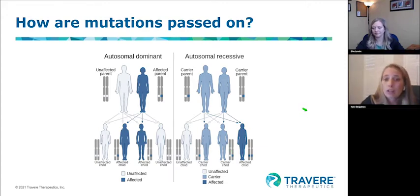So this is the case for Cystinuria. This is an autosomal recessive disease, and we'll get into more of that in a moment. Yeah, and if you're trying to think of another way to visualize dominant compared to recessive, think of dominant disorders like a